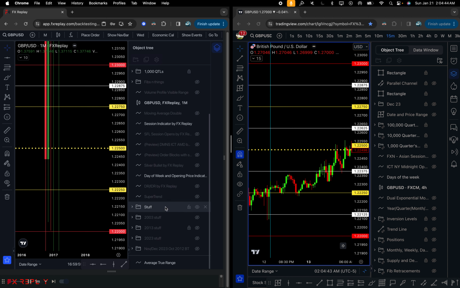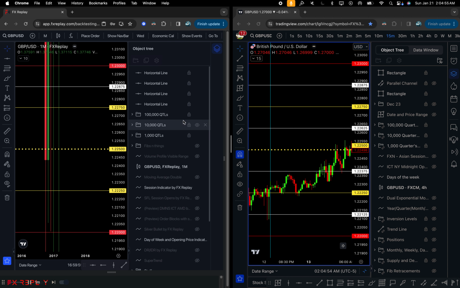It doesn't matter. You organize it how you want to. You can put everything, all your junk, in one thing, but keep your important stuff organized, right? And then when you draw new levels, right, like I think all these are 1,000 levels, but